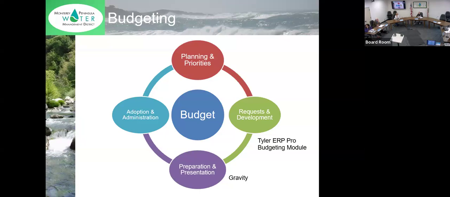And they integrate well to be able to produce the presentations that we need from Tyler to Gravity? Yes, there is an integration between Tyler and Gravity, so we could get the input from Tyler and feed that data into Gravity. In the first year, we may or may not do that. We might just develop the budget, feed it as a full Excel file, and then pre-format the tables. But yes, there is seamless integration between the two. Cool.